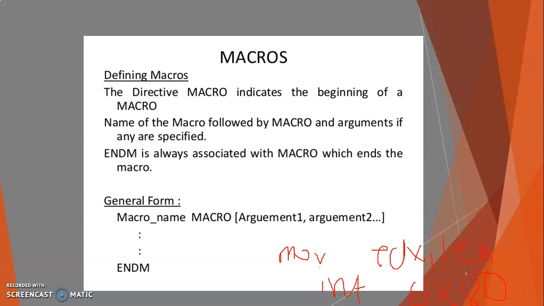Understand? Move EDX comma LEN means the length of the message, for messaging or writing something. For EBX comma 1, you have to write move EBX comma 1. This is for the file descriptor. For EAX comma 4, it is for the system call, and the last one is 0x80, which is for the kernel. In the above example, we can see the registers EAX, EBX, ECX, EDX. So this is the system function call.